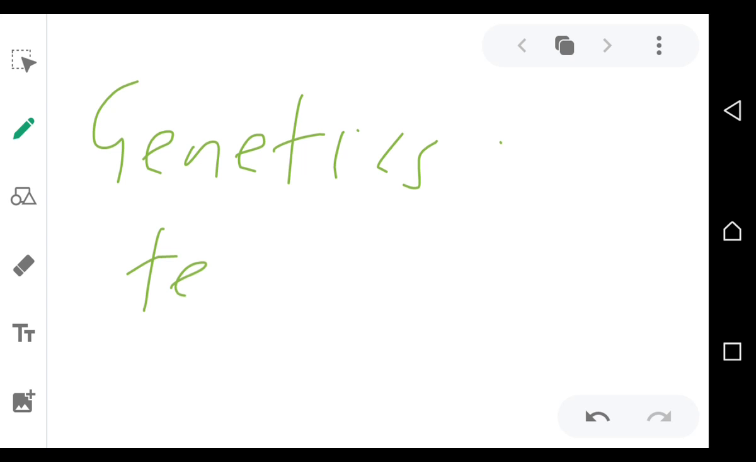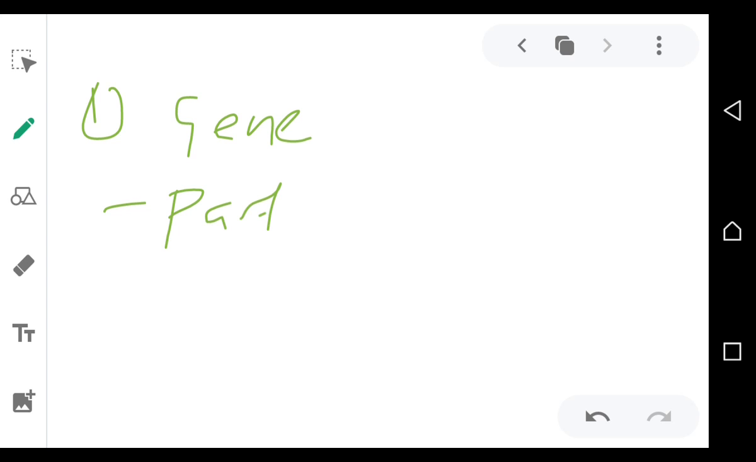Okay, in genetics, there are certain terms that you need to know. The common terms that you use in genetics include, the first one, gene. What is a gene? A gene is part of a DNA